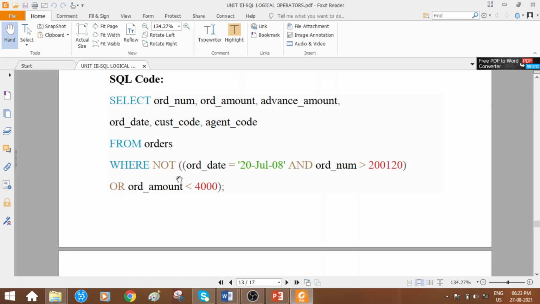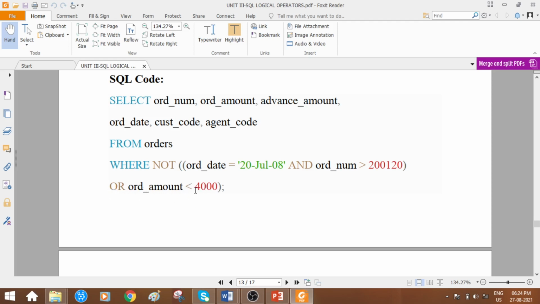Suppose none of the rows have the date 20th July 2008, and none of the rows has an order number above this number, then the false condition is observed. Since there is logical OR, it has to check the second condition.